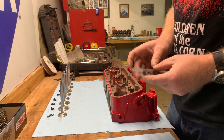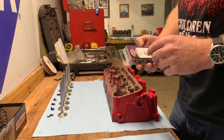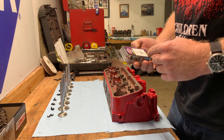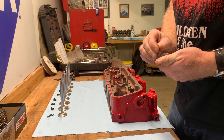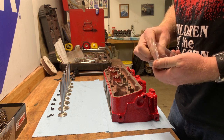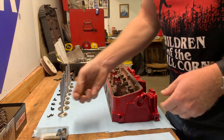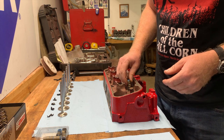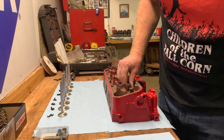So these are Howard's Cams valve seals, specifically for an application like this, which was probably more like a Chevrolet. But I noticed that they go on a little bit weird. They're not like your normal valve seal that just slides right on and you just push it on, like an umbrella type seal. These are like a press fit, right? So you can put them on there, and they only go on about maybe 1/8 of an inch, and then